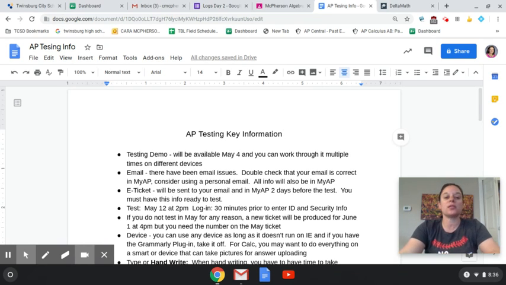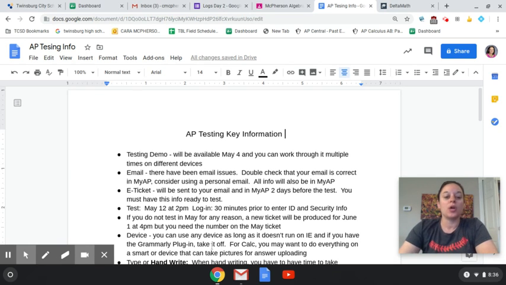There's a couple things that are more relevant to calculus that I will touch on, but a lot of these things will help you no matter how many tests you're taking. So I have this document here. I'm going to go through it. I'm also going to post it on Classroom so you can have it. You may want to print it out and maybe jot some things down that I say or just kind of